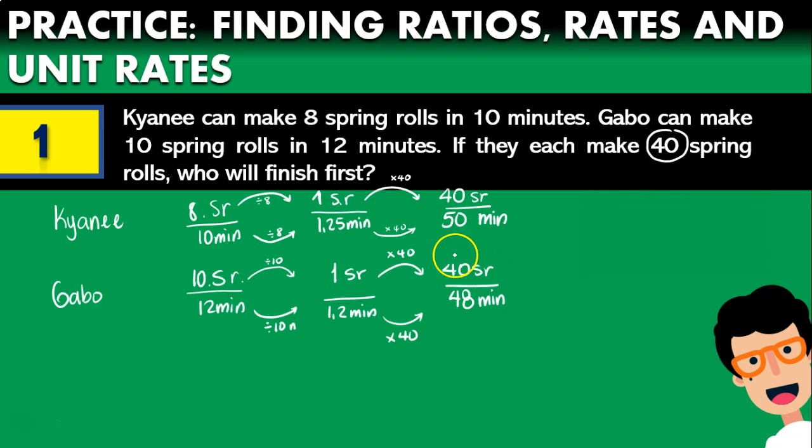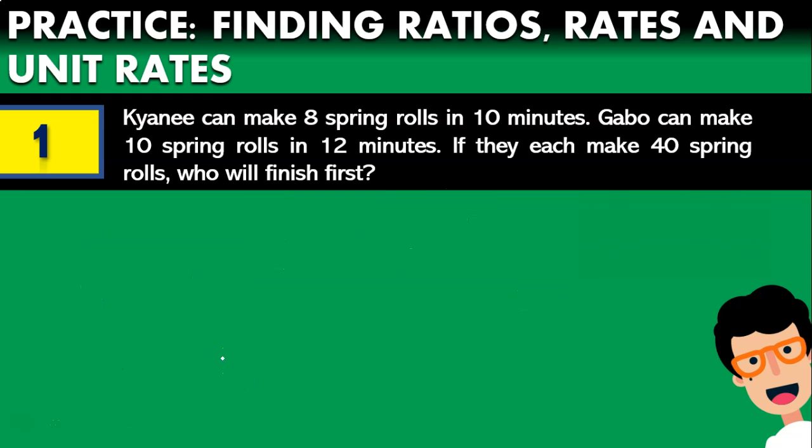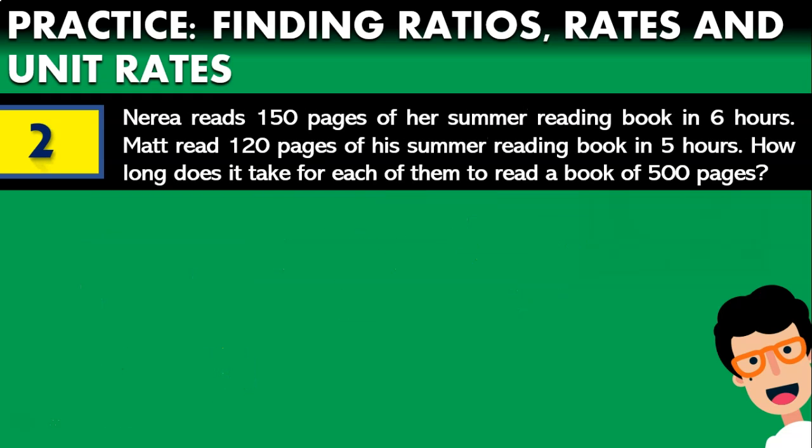So as you can see, Gabo takes just 48 minutes to make the 40 spring rolls, while Kiani takes 50 minutes, meaning Gabo is way faster. Let's continue with the next problem. So the next problem says,